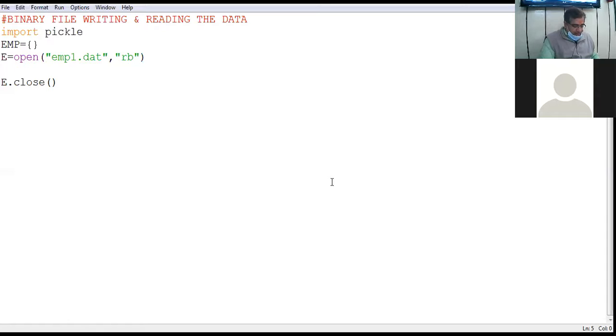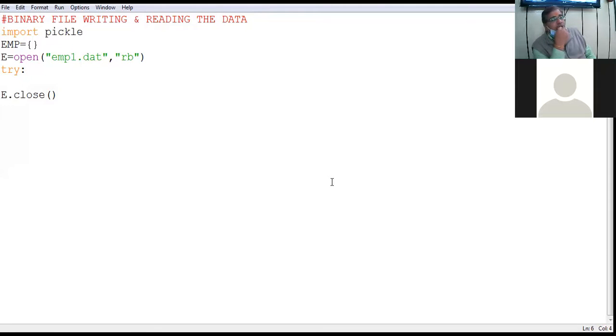So here I am going to take a try block. I'll be reading the data using try and except block. Try and except block means during your execution, if any exception arises, it can be handled by the except block.